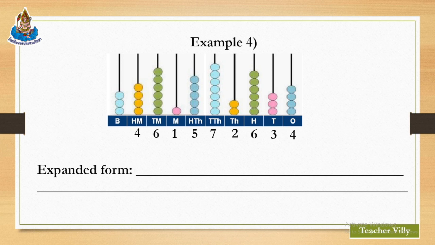Of course, 3. Now, we have the number 3,461,572,634. So the number can be written in expanded form as